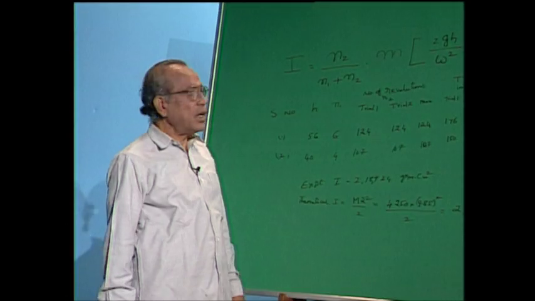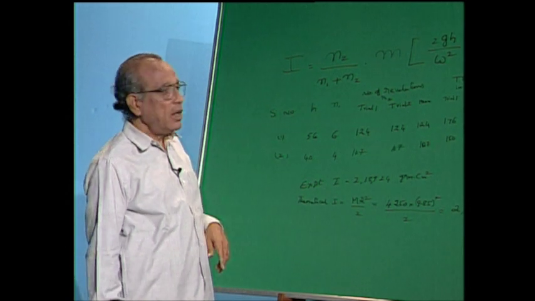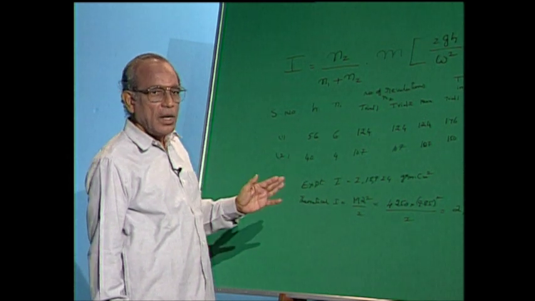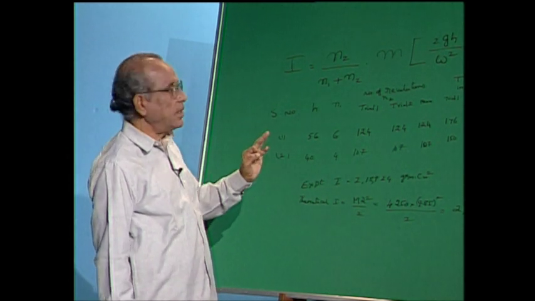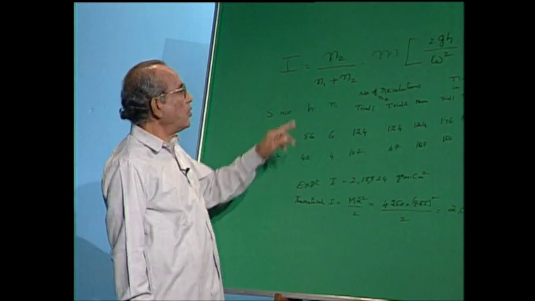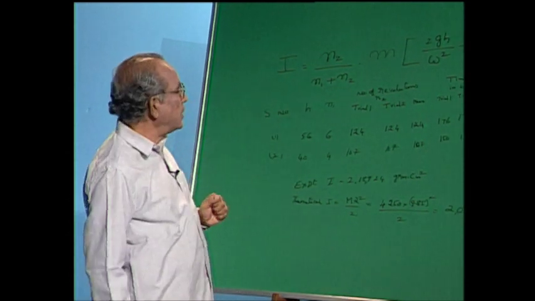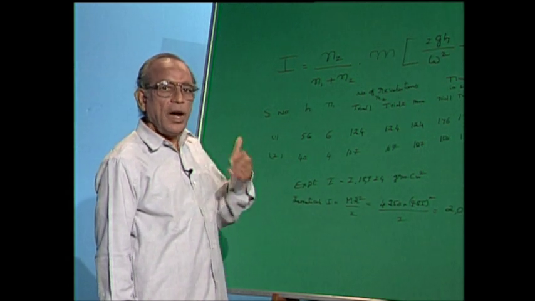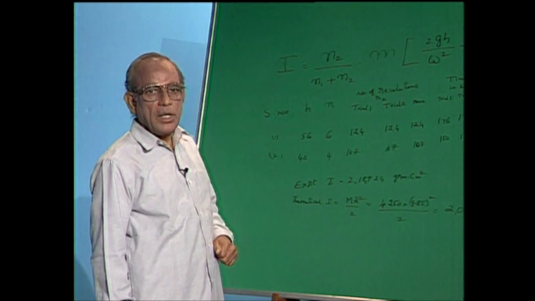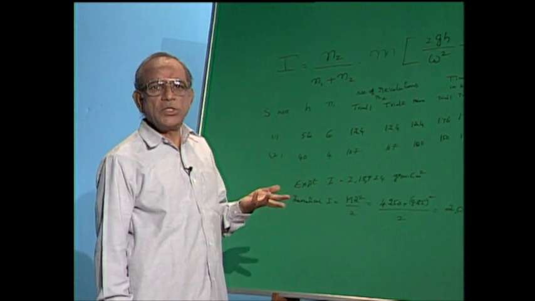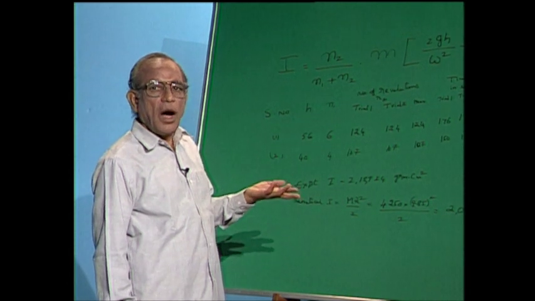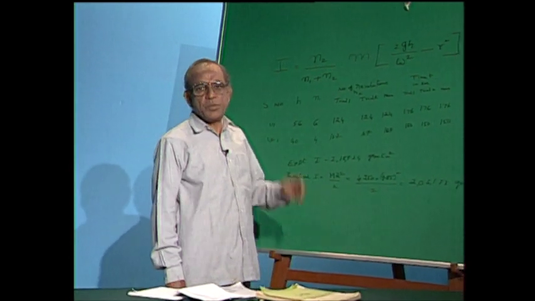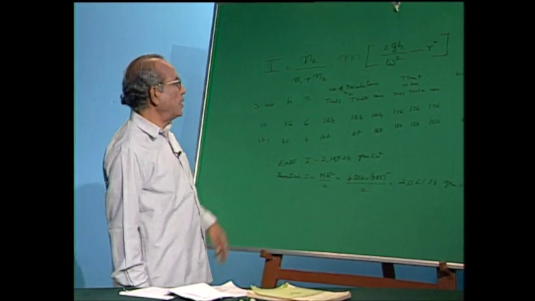N1 is the number of revolutions which the flywheel makes when the mass touches the ground or the peg when it comes out from the axle. N2 is the number of rotations which the wheel makes after the mass has touched the ground and before coming to rest. That is, in other words, the number of revolutions made by the flywheel after the mass has touched the ground. M is the mass suspended to the flywheel.